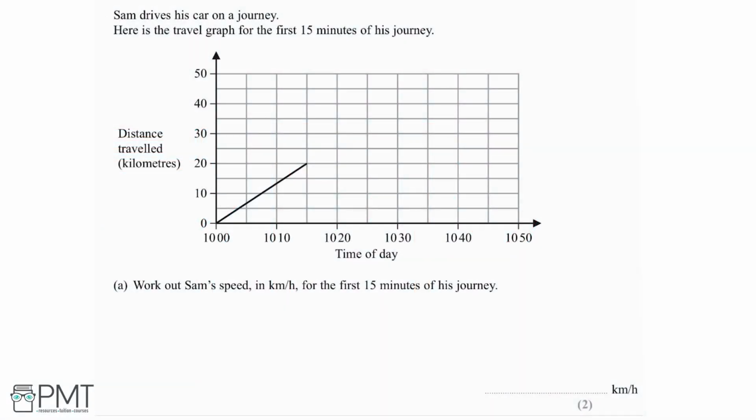Sam drives his car on a journey. Here is the travel graph for the first 15 minutes of his journey. So we've got the time of day on this axis and the distance travelled in kilometres on this axis. And in part A, we need to work out Sam's speed in kilometres per hour for the first 15 minutes